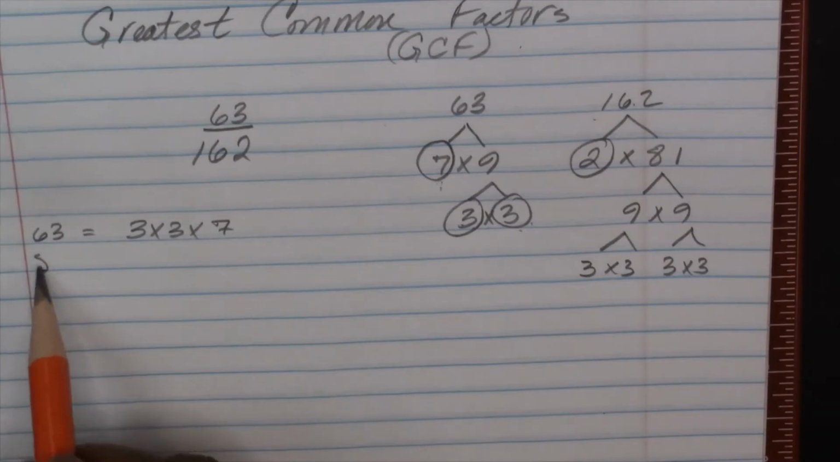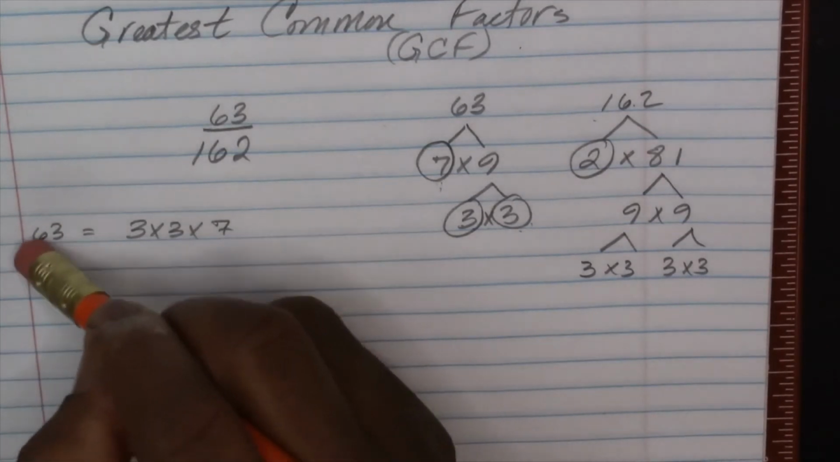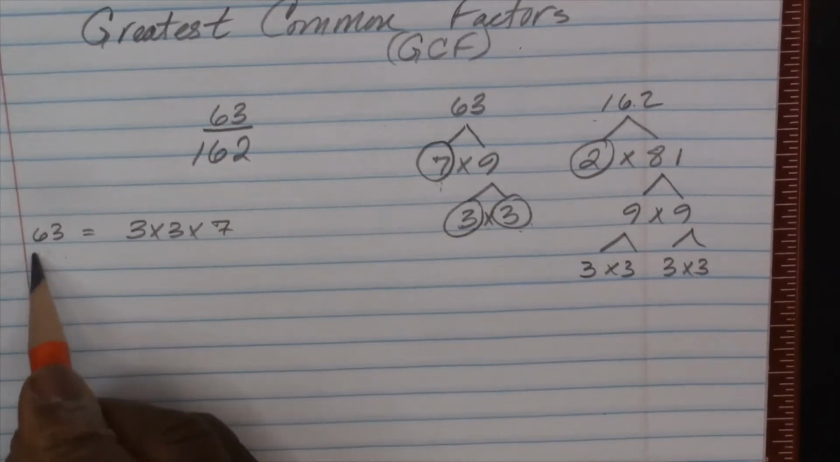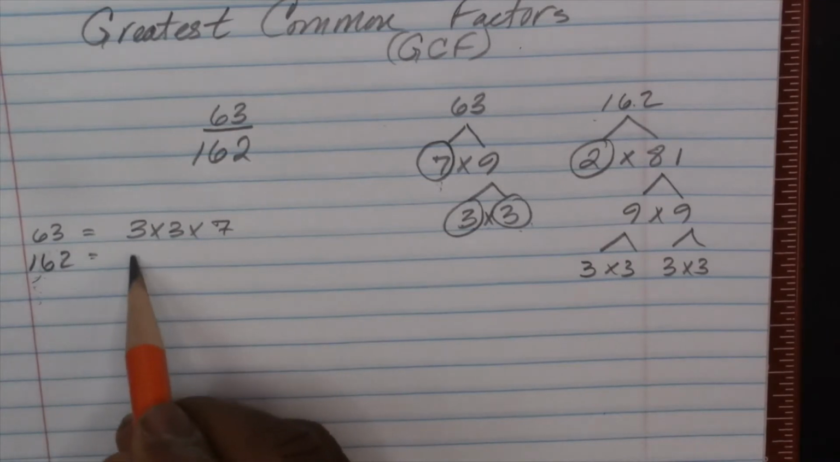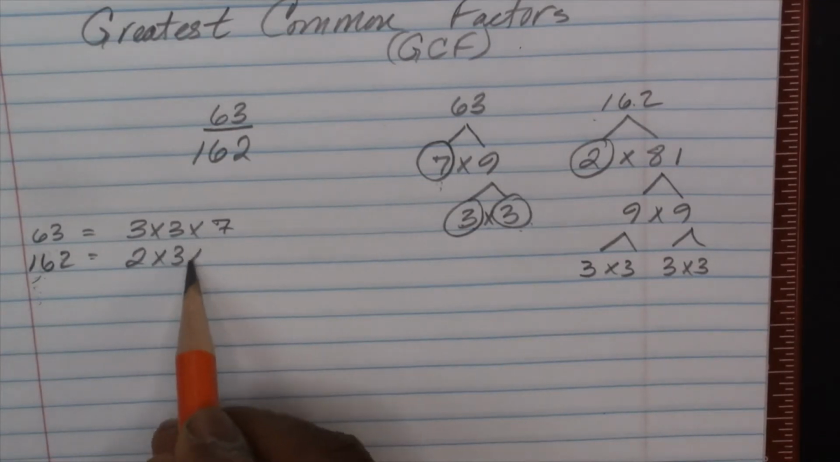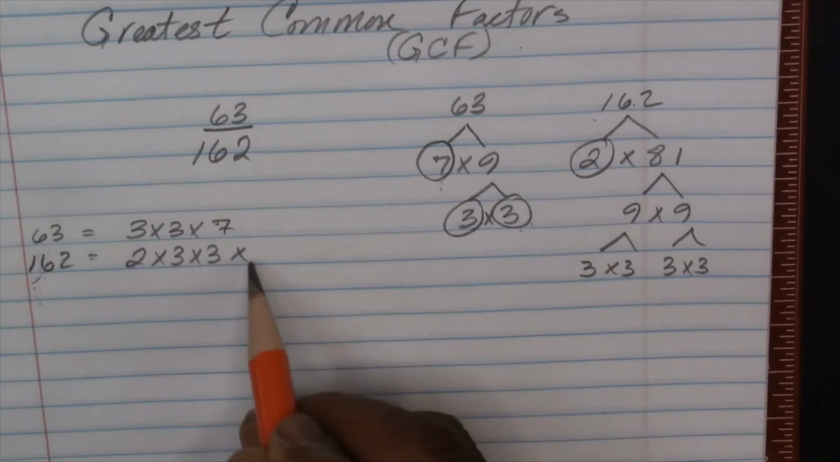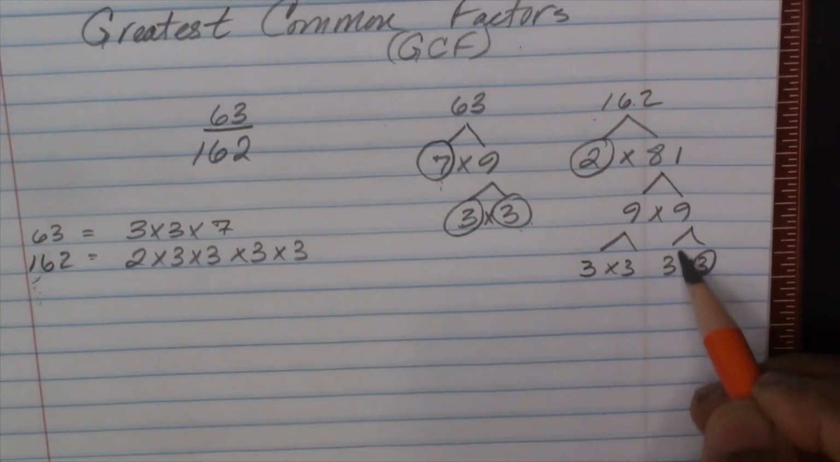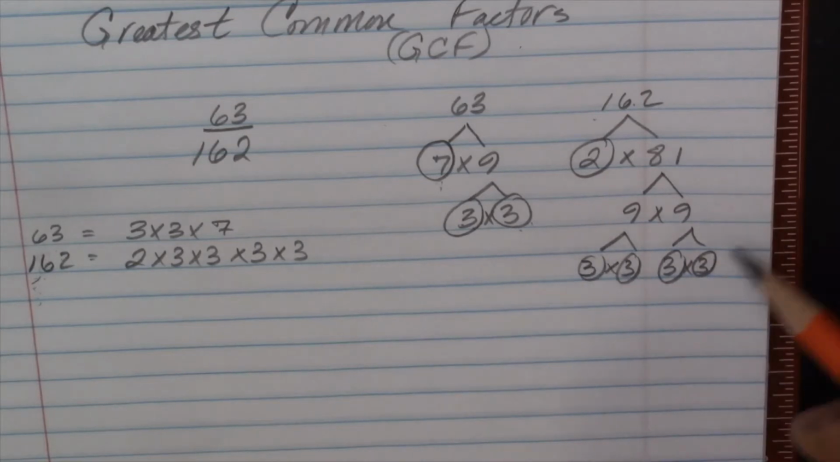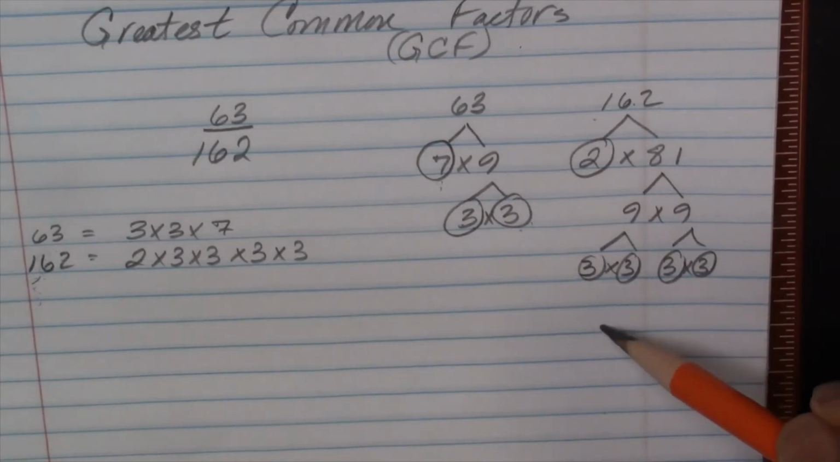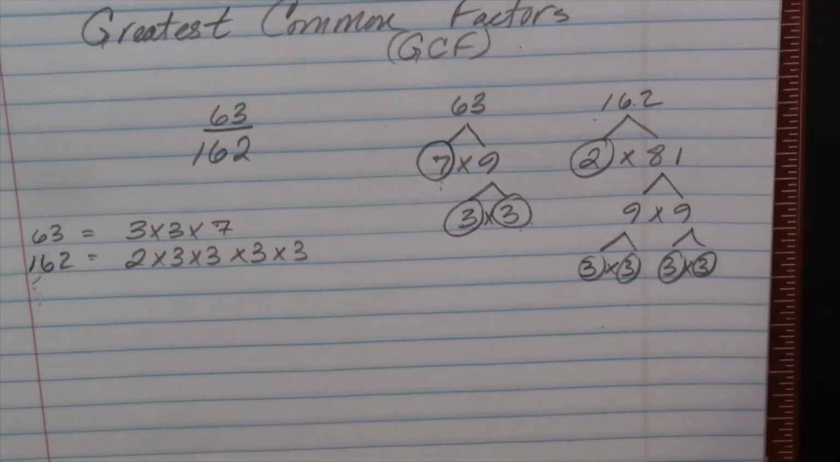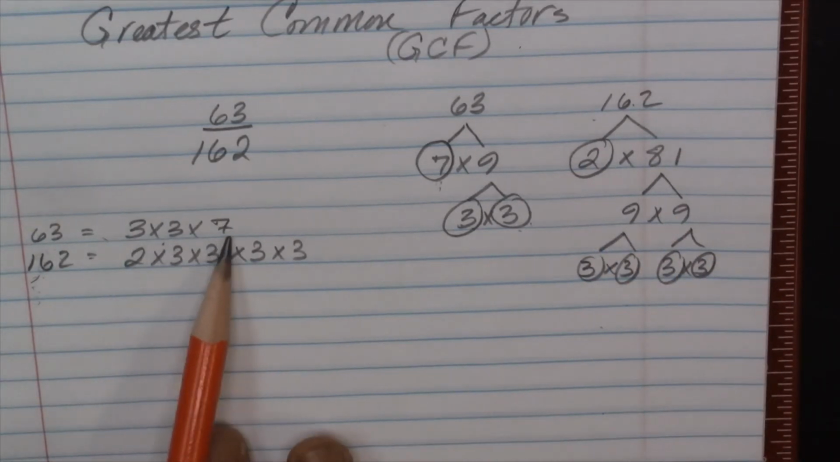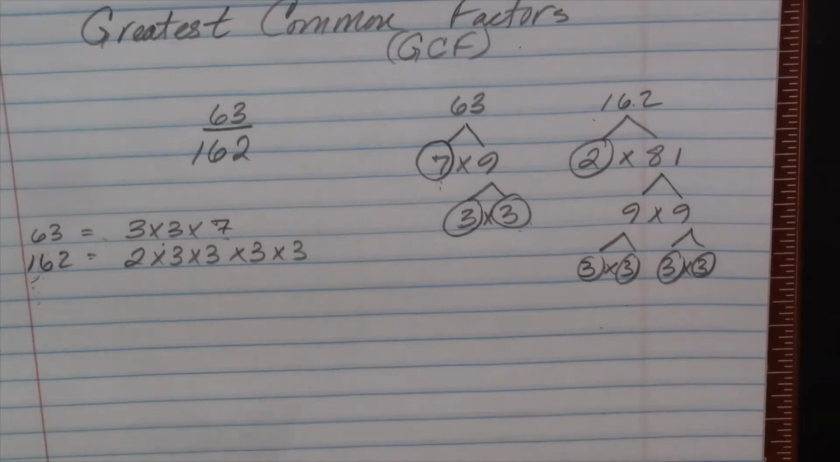The prime factorization of 162 is going to be 2 times 3 times 3 times 3 times 3. And you can always check it. You can go 3 times 3 is 9, times 3 is 27, times 3 is 81, times 2 is 162. And you can go 3 times 3 is 9, times 7 is 63. Now, once we're here,